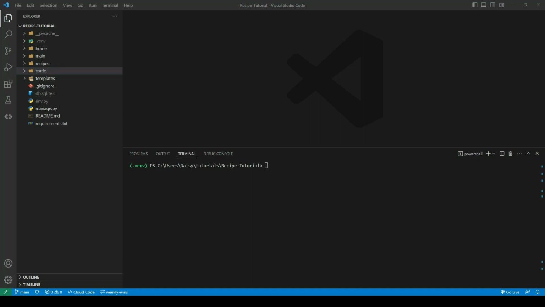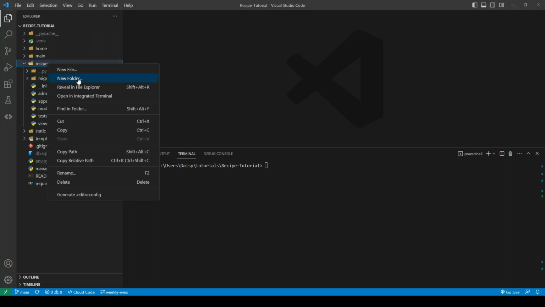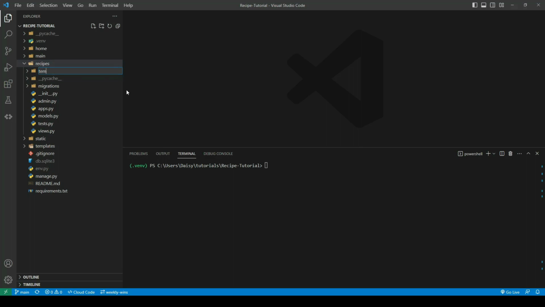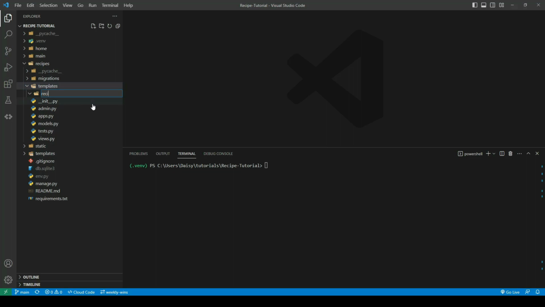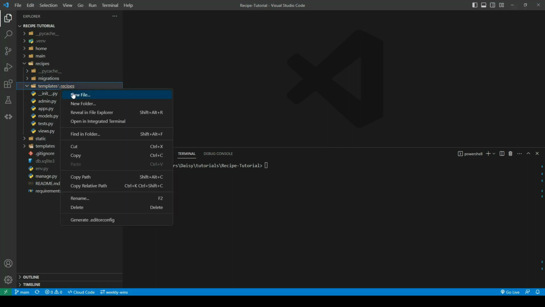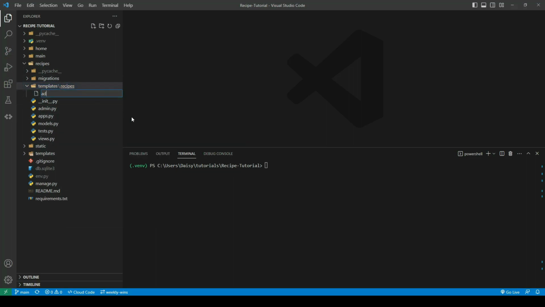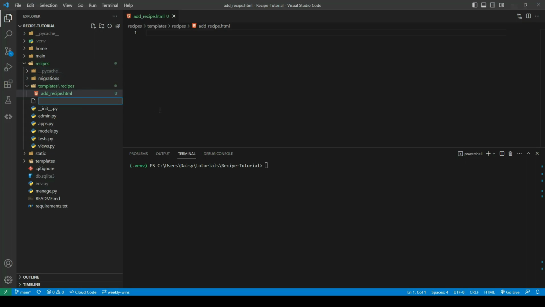So now we're going to get started with our create a recipe view. So we'll open up the recipes. Within here we're going to create a new template directory. So we're going to have our templates, recipes, and we're going to create the add recipe file. So the next thing we need to do is create a urls.py because we'll need that file in order to